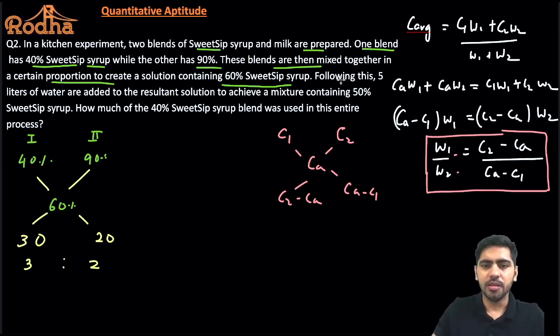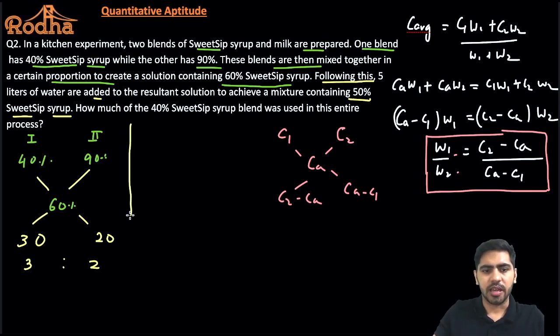Now let's see it further. Following this, 5 liters of water is added to the resultant solution to achieve a mixture containing 50% sweet syrup. All right. So the resultant is how much? I can say my resultant solution is 60% sweet syrup, right? In this, I'm adding 5 liters of water. So there's another time I'll have to apply the alligation rule because that is what the question demands me to do,